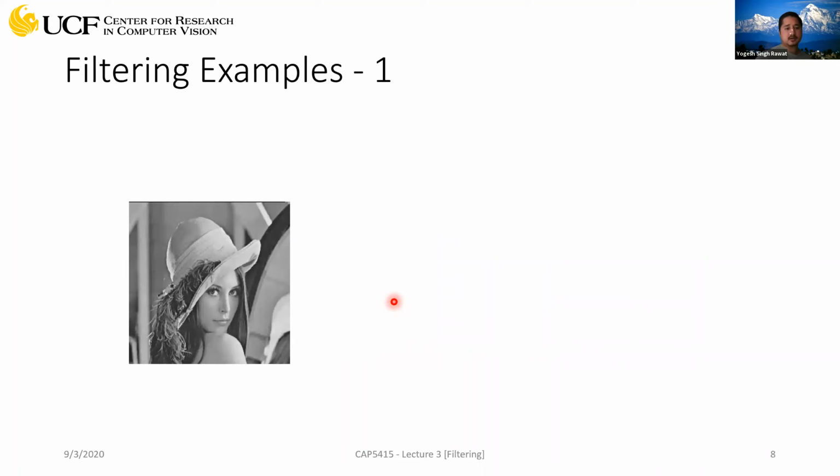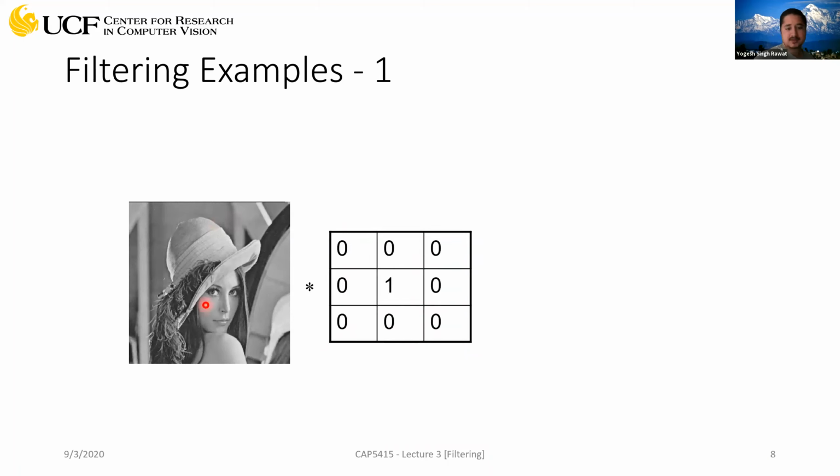Now let's go through some examples of filtering. I think we stopped at this point in the last lecture. In this case, we have the actual image. It's not a 3 cross 3 matrix or a bunch of numbers. This is an actual image. We can of course represent this image as a matrix. If this is an image of resolution 256 by 256, we will get a 256 by 256 matrix in place of this image. At each location, we will have a grayscale value with a range from 0 to 255. It can be between 0 and 1 as well if it's normalized.